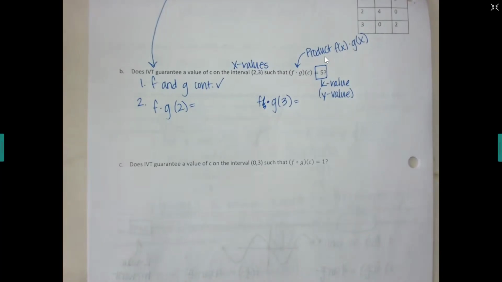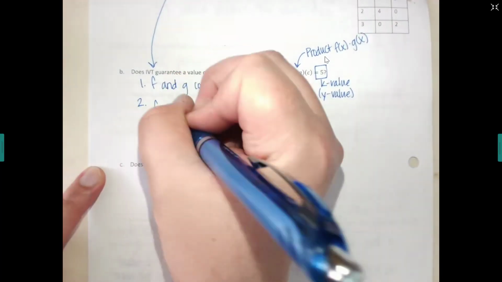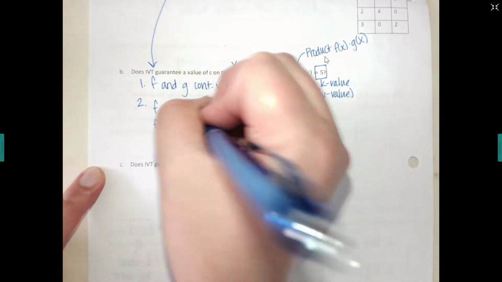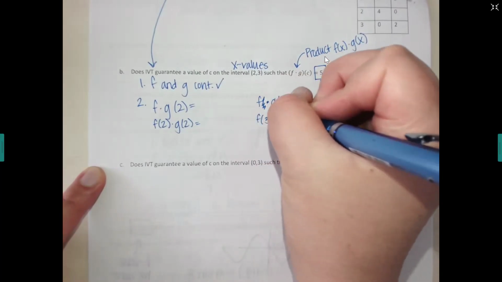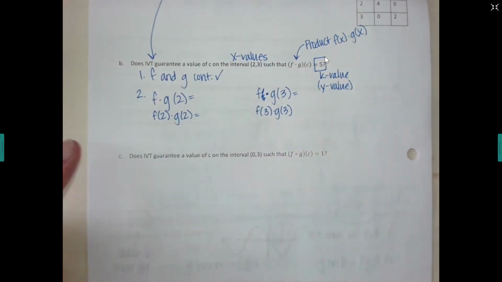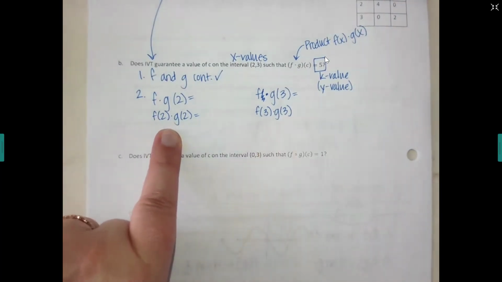Now, I will say I kind of hate this notation, so I'm going to write it like this because I think you'll remember what it means better if you look back at these. Okay, but that notation where you put just the dot between the f and the g, that actually is a real thing. But these are the same. You're basically giving them each their own 2 and then giving them each their own 3 and then multiplying in the middle. So in your chart,